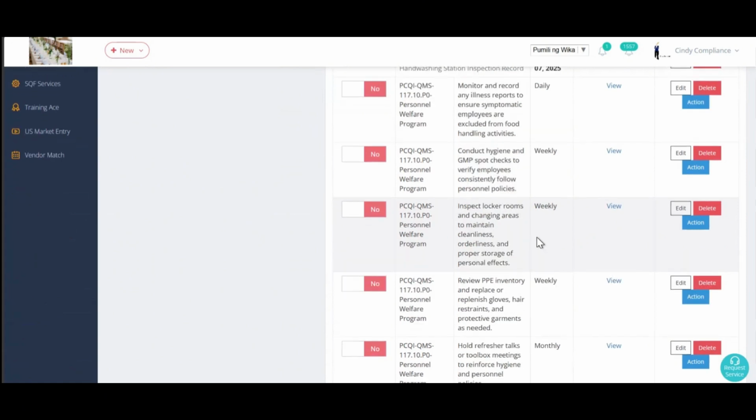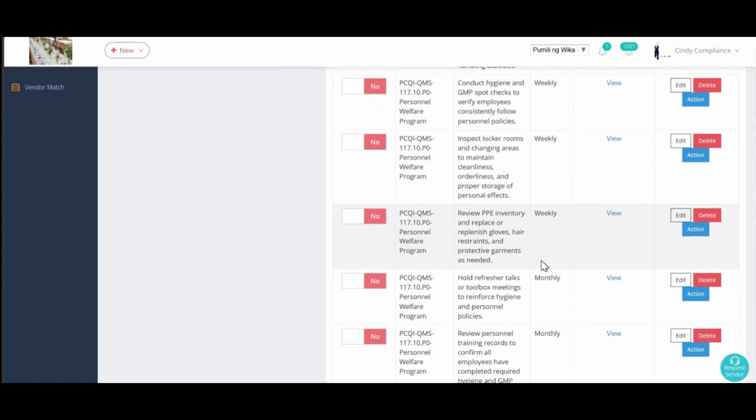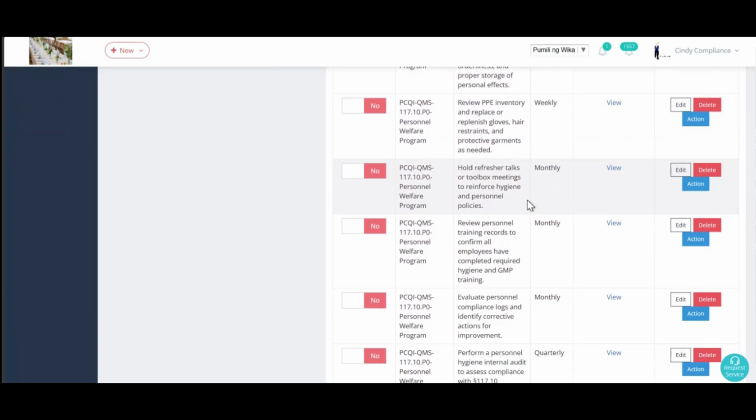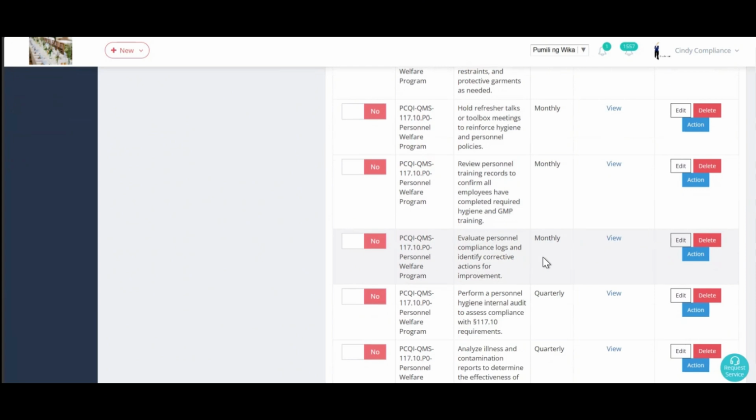Also, part of your weekly activity is inspecting the locker rooms and changing areas to maintain cleanliness, orderliness, and proper storage of personal effects. Review PPE inventory and replace or replenish gloves, hair restraints, and protective garments as needed. For your monthly activities, this includes holding refresher talks or toolbox meetings to reinforce hygiene and personnel policies, reviewing personnel training records to confirm all employees have completed required hygiene and GMP training, and evaluating personnel compliance logs and identifying